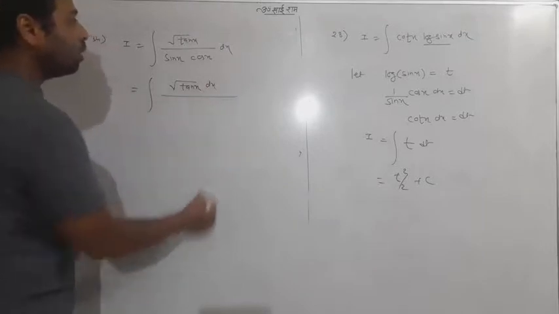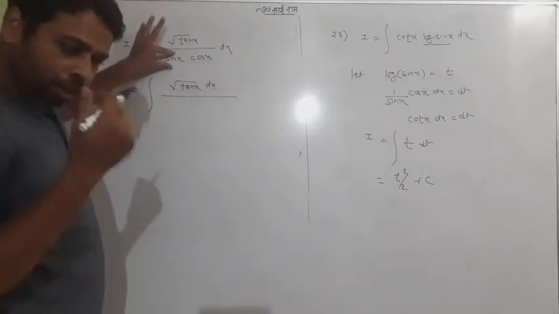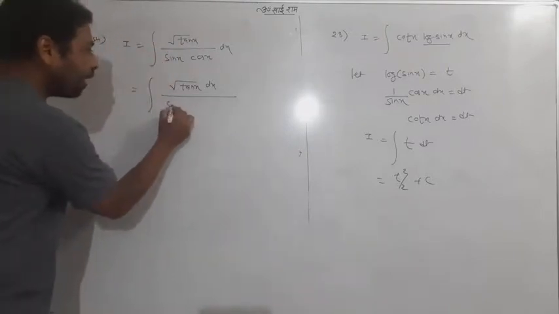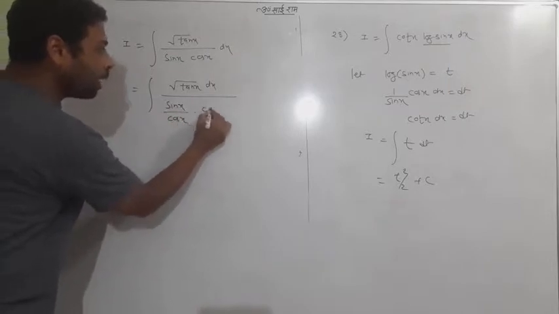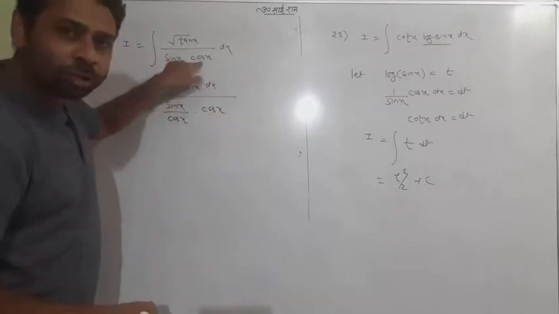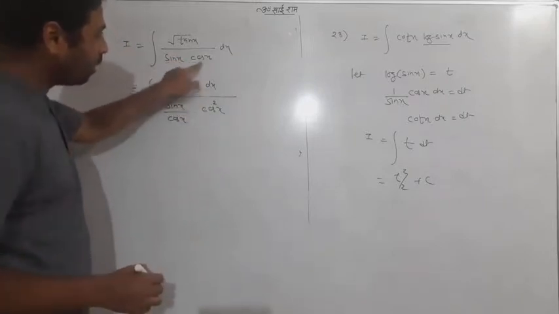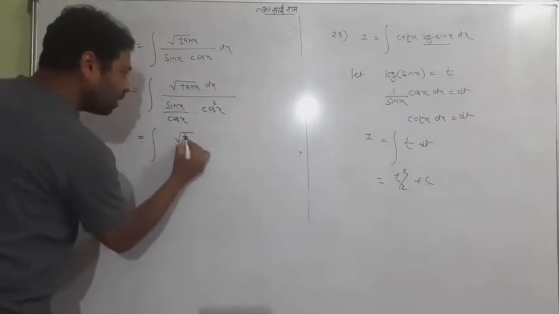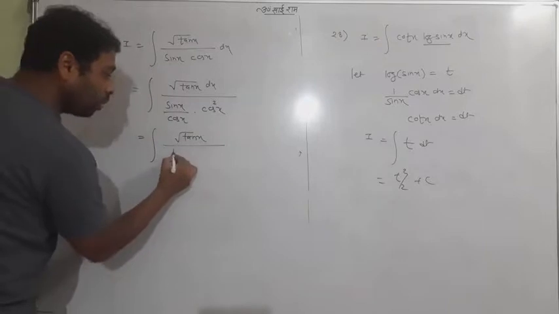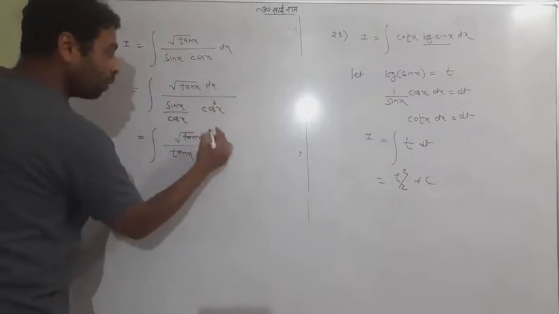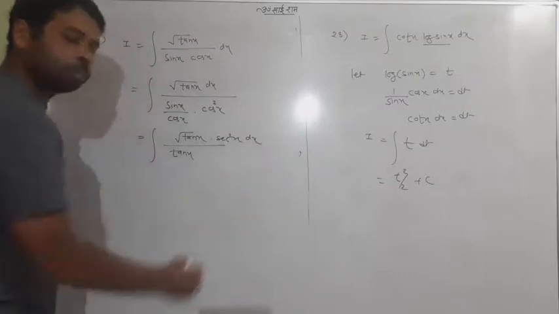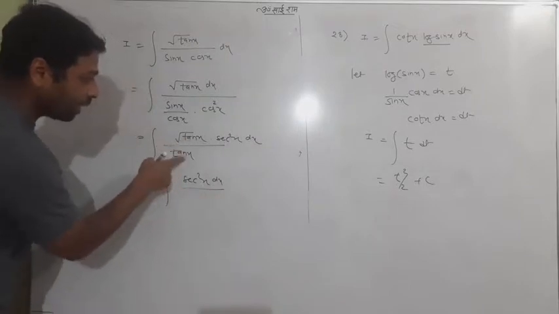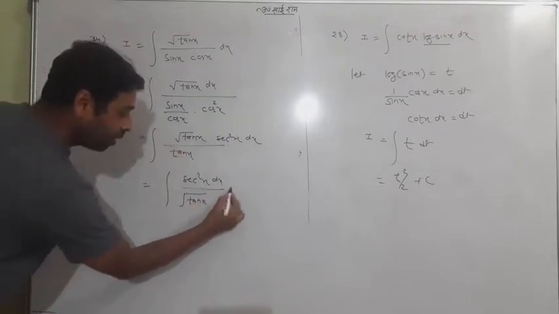Students, you turn that sine. How can sine be turned into tan? So you have to divide by cos, and definitely you have to multiply by cos. So it is again cos there, so it will be cos squared. So what I have done is divide and multiply by cos on the denominator side. So what you will see is that sine by cos will be tan x, and 1 by cos square will be sec square x. Now this is sec square x, okay fine, and upon this tan and tan will cancel, leaving root tan x. The question is going to be easy.